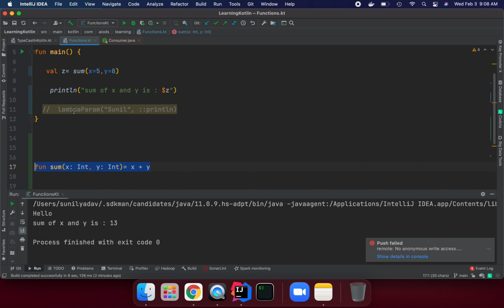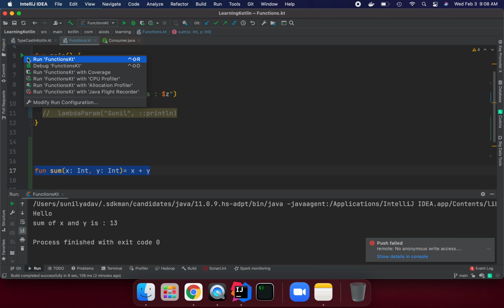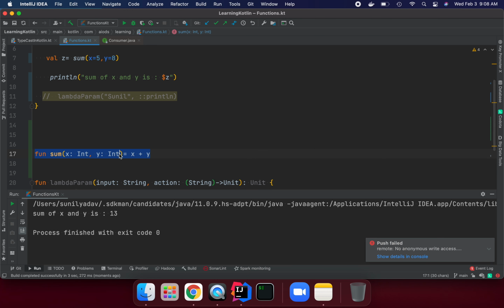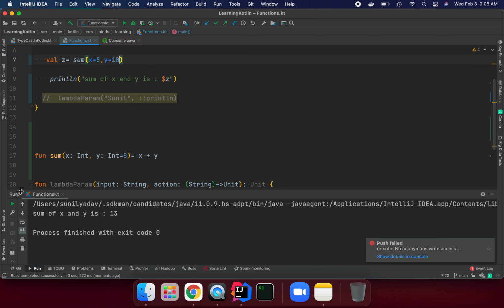Okay. And if we call this method, let's see if it's working or not. Okay, so now it's working. And one more feature I want to cover here, we can also initialize some value of parameters by default. So we are saying optional parameters. So we can say, if I'm saying by default this value is 8, right? And suppose I want to pass 10 here, right? And let's see what is the difference.